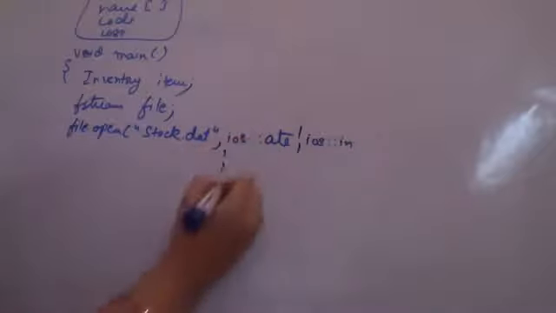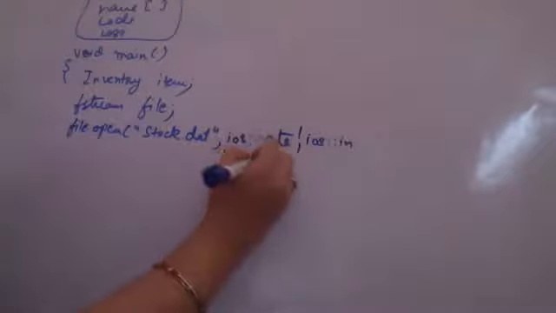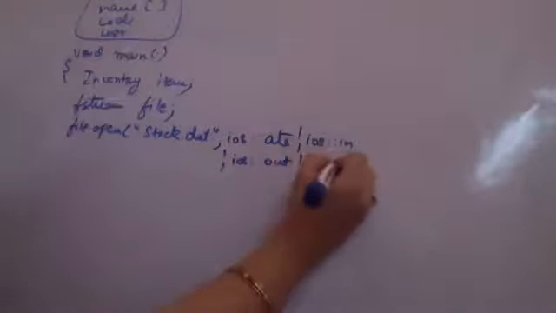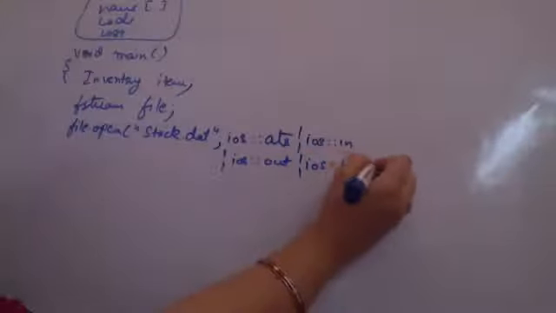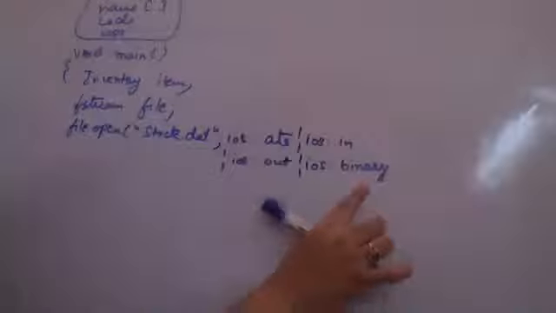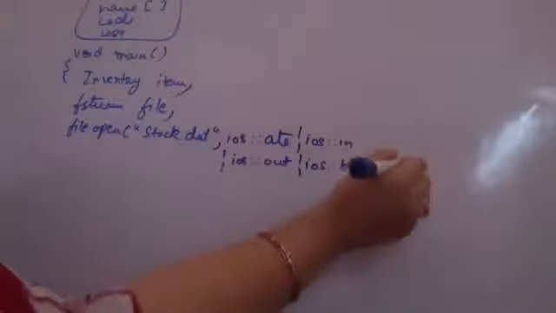Along with the input mode, I'm also using the output mode. I want to write to the file also. मुझे लिखना भी है file में. So I'm using all: input, output, ate mode, and one very important addition. I am using binary mode, which I'm specifically mentioning here. ios::binary, all my transactions with the file would be in the binary mode. So I'm opening the file in the binary mode.